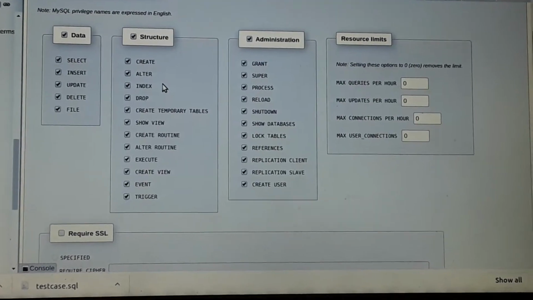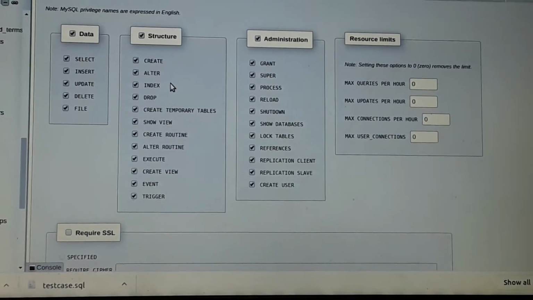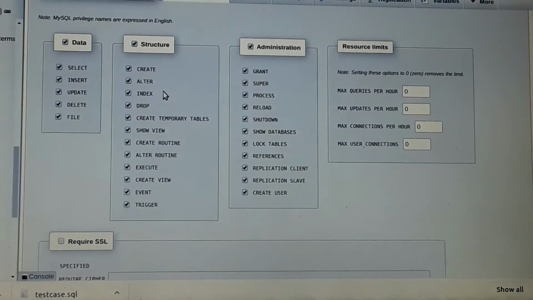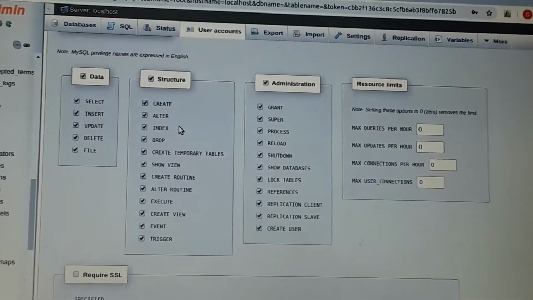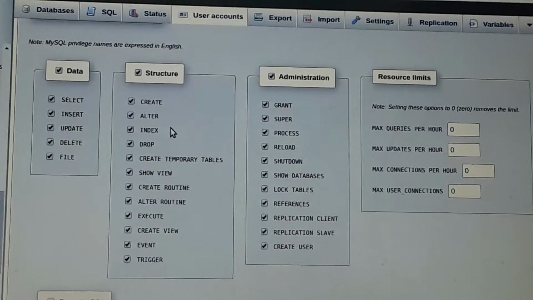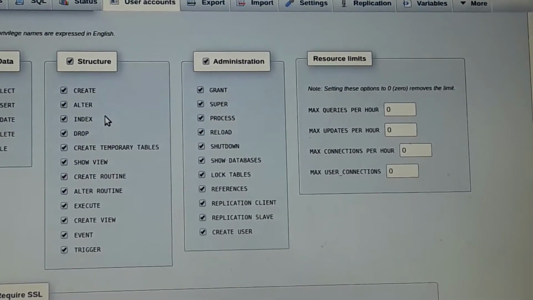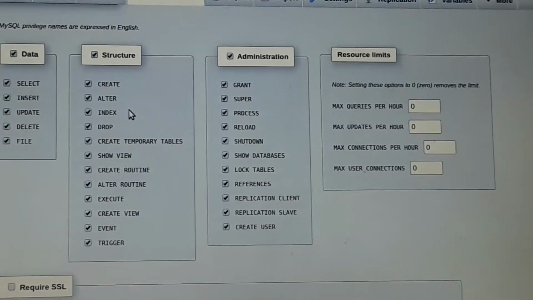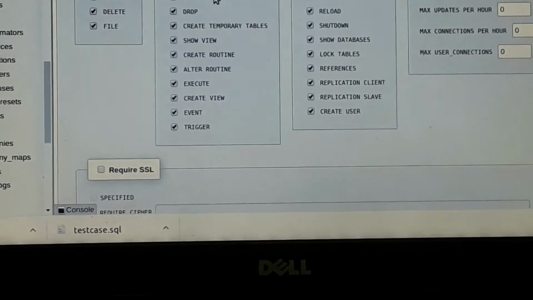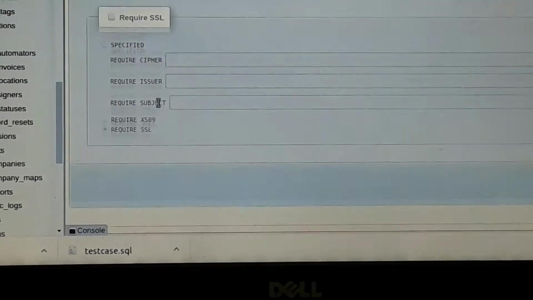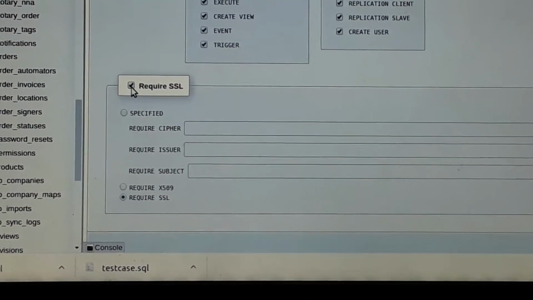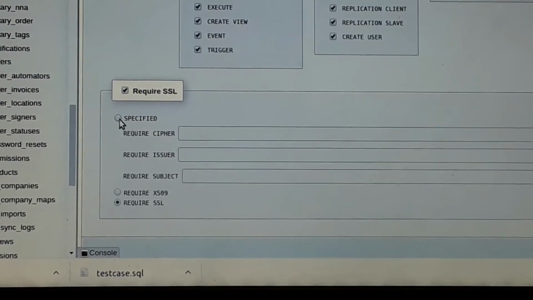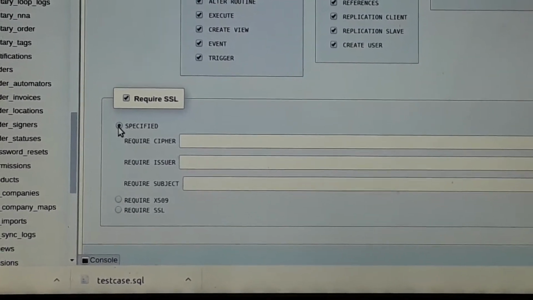Resource limit: how many records should you have per hour? Set those questions to 0. 0 removes the limit. Here at the bottom is SSL. On the server side we can click on this based on the situation.